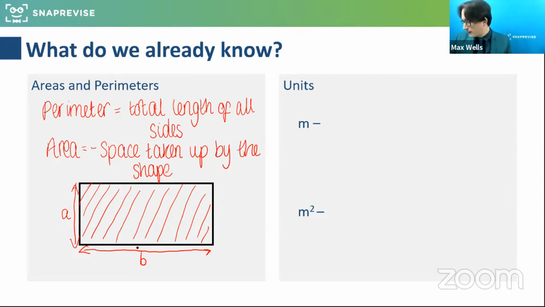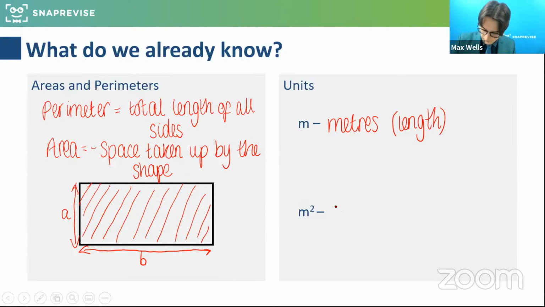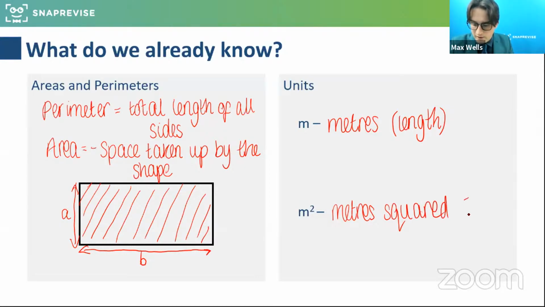Excellent. Lovely, and thanks for that. Good, some really good suggestions of units in the chat there. So the units, for example, meters, that would be a measure of length. So that would be for the perimeter. And then meters squared, that one would be more for looking at the area. Meters squared, as some of you have mentioned, is area. So these are kind of the key bits of information and ideas we should be familiar with before we start